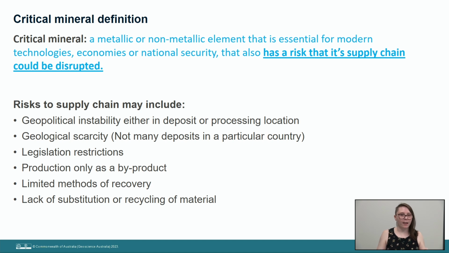But coming back to that critical mineral definition and highlighting the risks that can affect it and what can impact that critical mineral supply chain. So what I recommend is that when you are introducing this topic to your students, you get them to brainstorm some of these potential risks that could impact it. But I have provided a list here for your reference for you to then do further research in your classroom